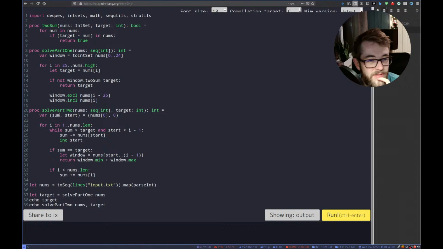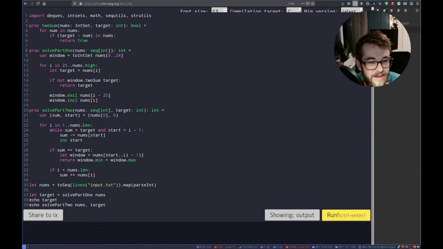Solve part 2 to get the 0th element of numbers as the sum and 0 as the start value. I mean, what are you doing here? You're immediately unpacking it. So why don't you just have this on 2 lines? Or 3 as a block? I mean, I guess it saves space, but come on.